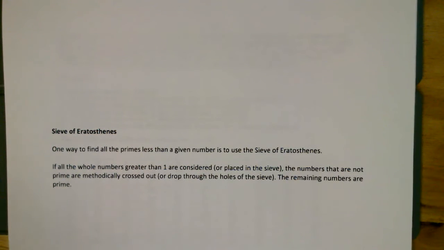If all the whole numbers greater than 1 are placed in the sieve, the numbers that are not prime are methodically crossed out or dropped through the holes in that sieve. The remaining numbers will be prime. So pretty much you're going to be sifting out those composite numbers, and what you'll have left is the prime numbers. Okay. Now on the next page